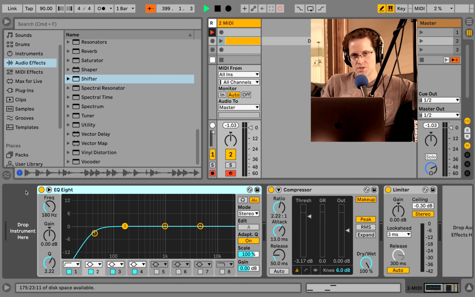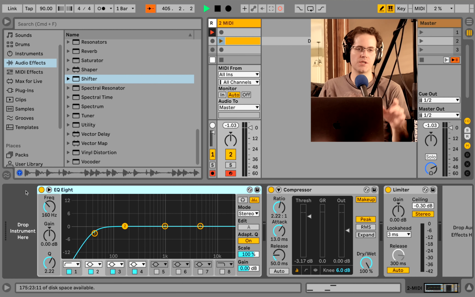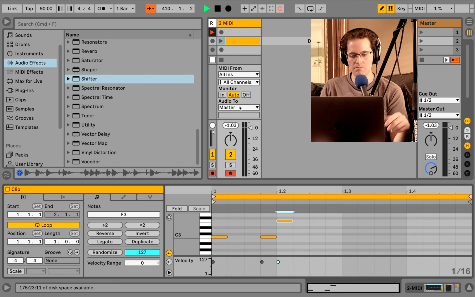There's something I don't think I've really covered that you need to know about, especially if you're not so good with music theory. Remember I said there's a lot of different ways that you might produce music in Ableton. One of them is people who literally open up a MIDI clip like this and just start drawing in notes.